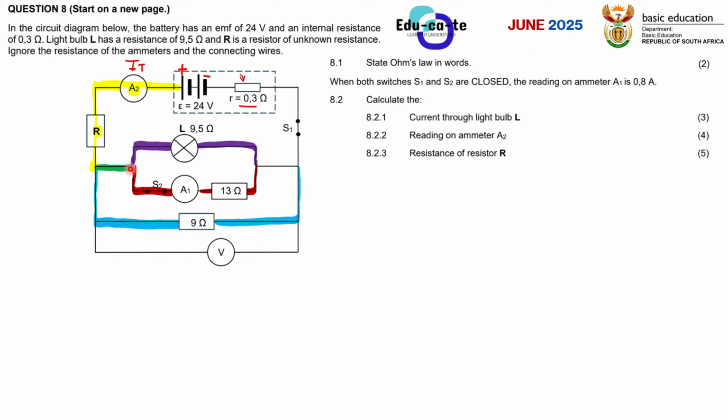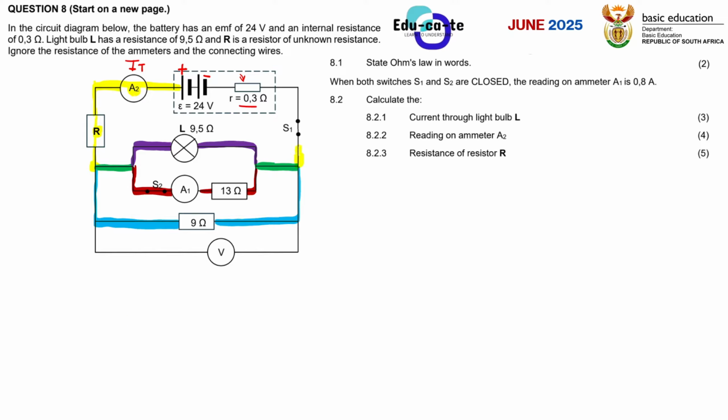Guys, I will repeat this example a million times. This green current is like 100 rands. I split it into 50 rand there, another 50 rand there, and then I combine those two 50 rands again, it must still give me the same current, this same 100 rands in this case. So basically I will say that this current will still be the green current. And when this green current combines again with the blue current, it will give us the total current of the circuit, which is the yellow current.